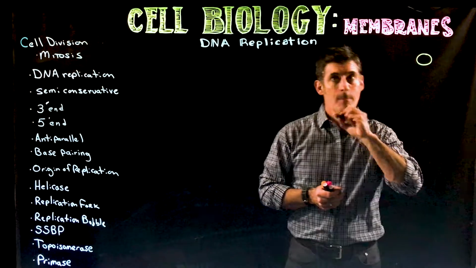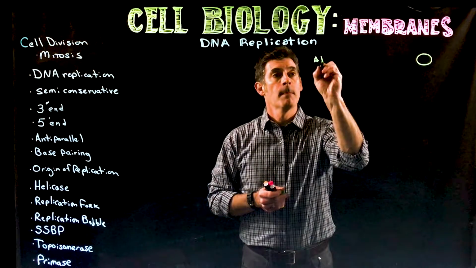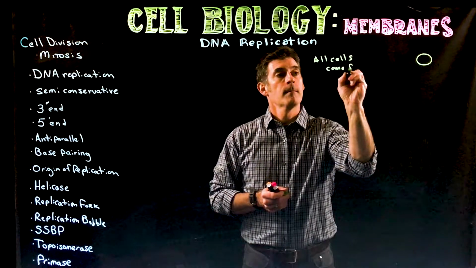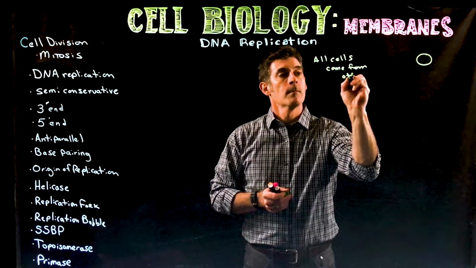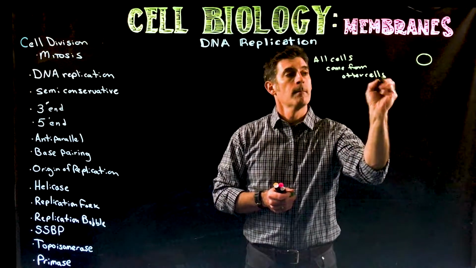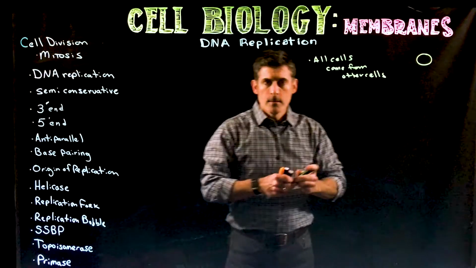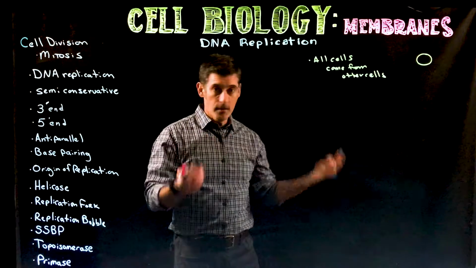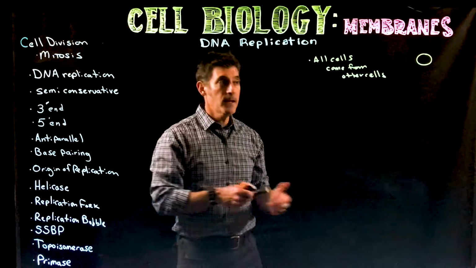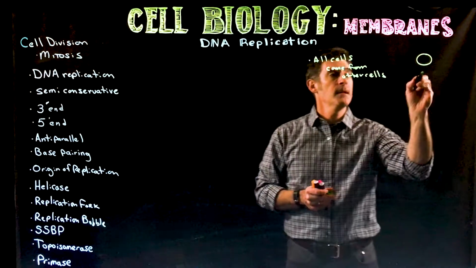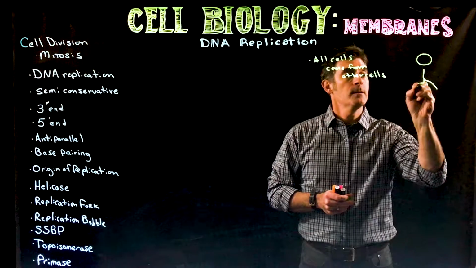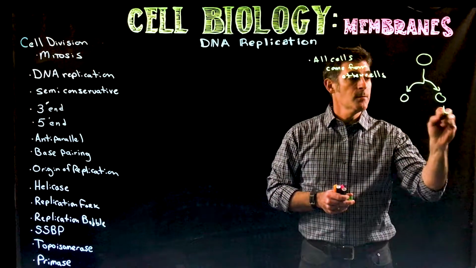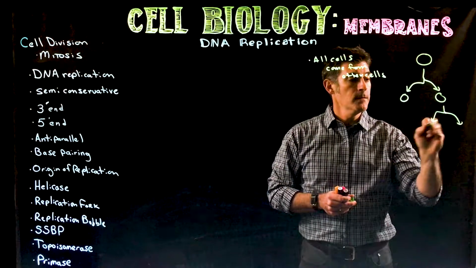So all cells come from other cells. Cells divide, and then they give rise to new cells, and they give rise to new cells, and so on. That process of cell division is going to give us two new cells, and then those cells will divide into new cells,